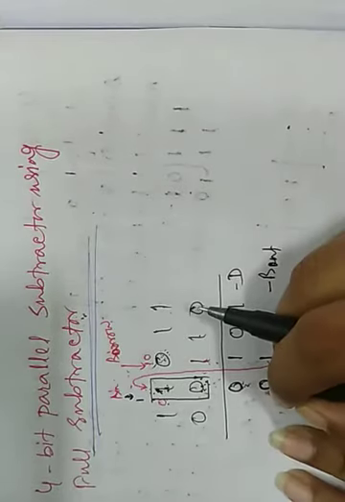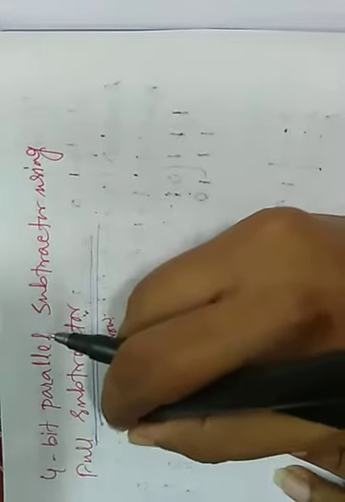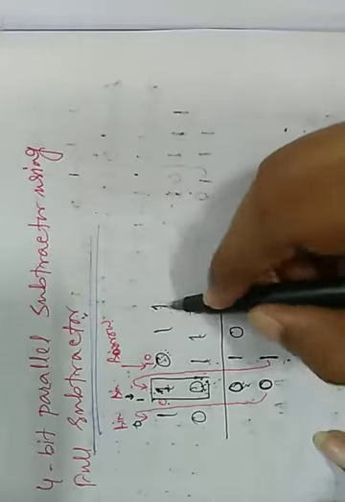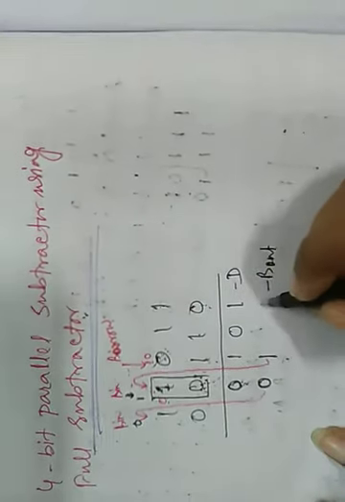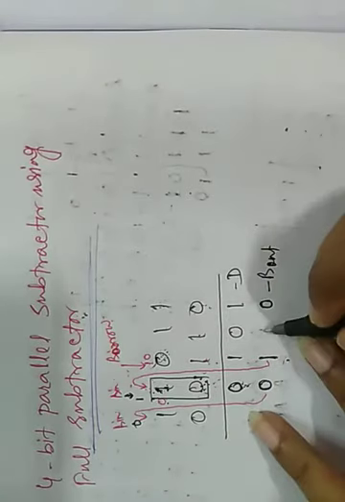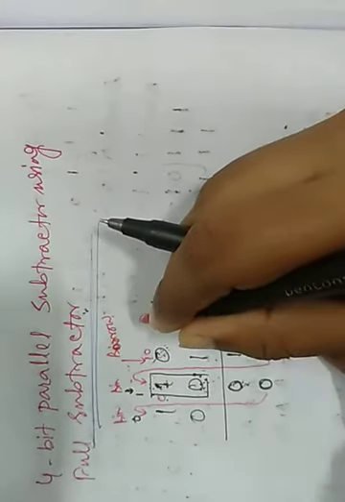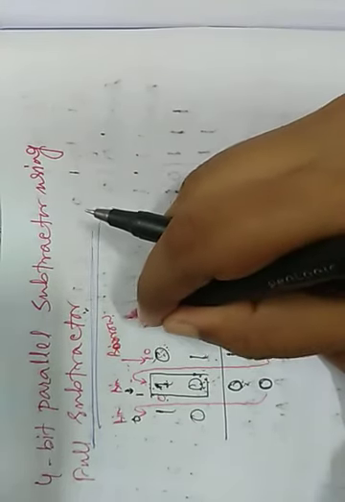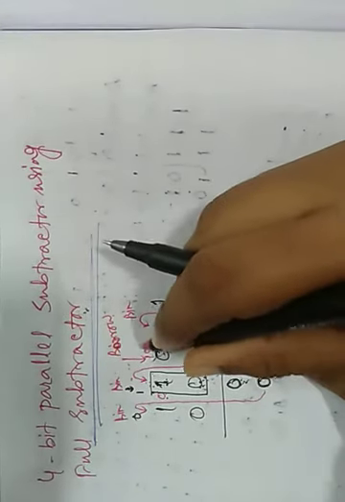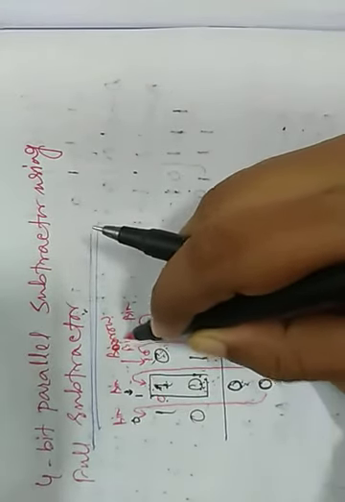Okay, so as the difference is 0 and no borrow is taken out, obviously in that case borrow out is 0. So all the time this borrow out goes as the borrow in of the next step. So here the borrow in is 0. Here also, as no borrow is taken, obviously this borrow out is 0. First step, here also no borrow is taken, this borrow in is 0. So this borrow out goes as the borrow in, and again this goes as the borrow in here, as there is 0, so this borrow in is also 0.